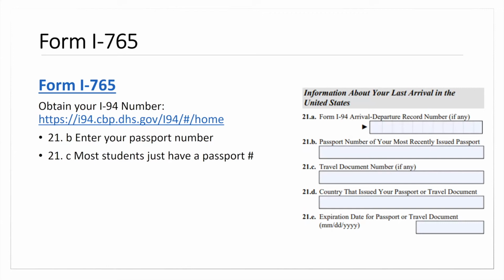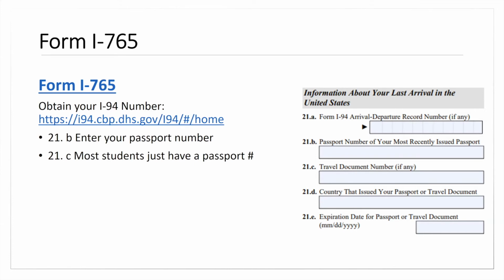So if you don't have a copy of your most recent I-94, that port of entry document, you're going to go to the Customs and Border Protection website listed here and download that I-94 record. This is a document that you're going to be mailing with your I-765 application for OPT or STEM OPT.